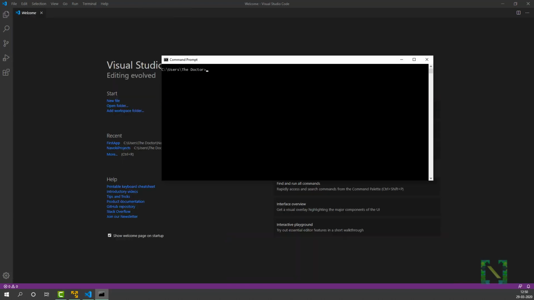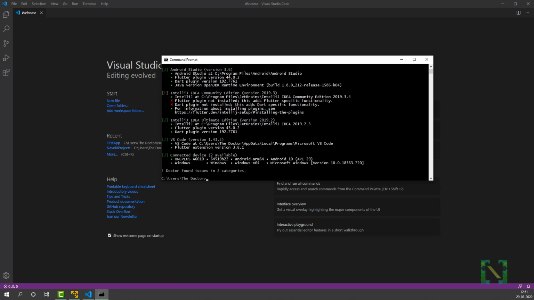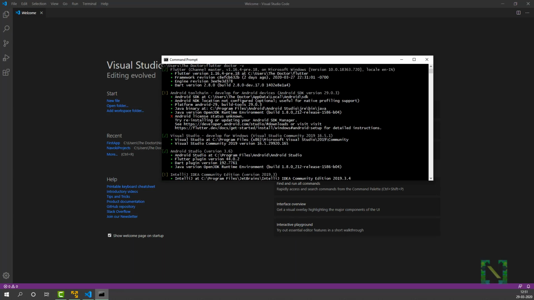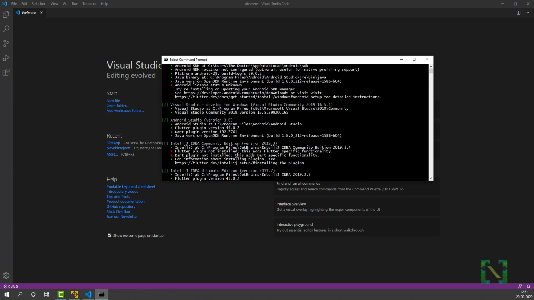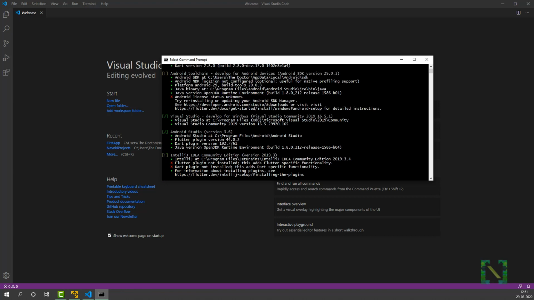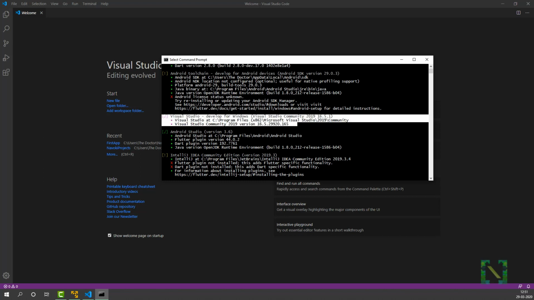Here you will type flutter doctor -v so you can know if any requirement is left for the Flutter desktop part. You can see the Flutter version is mentioned here and VS Code. So this environment is ready to work with Android and iOS apps. Here Visual Studio is mentioned, which is required by the Windows environment for Windows applications made by Flutter.